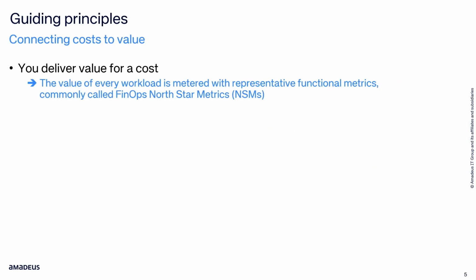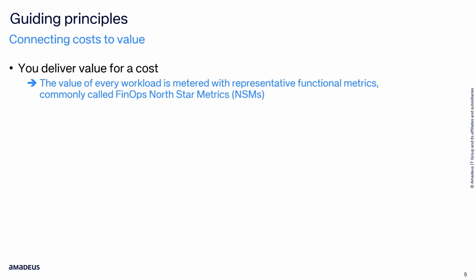Some guiding principles have been retained to define the cost allocation model. Most importantly, cloud costs need to be connected to the value delivered by the cloud workload, because the success of a company in the cloud is not about minimizing cloud costs, but about linking growing cloud costs to growing business value. The value delivered by the cloud workload needs to be measured with some functional metrics to be able to calculate and to track cloud unit cost for the value.